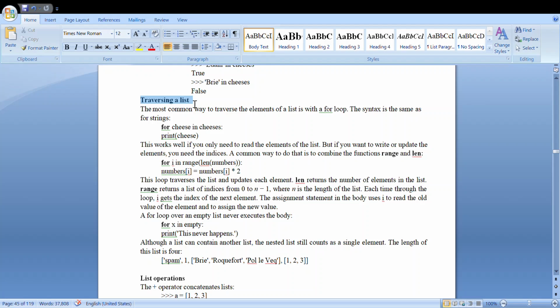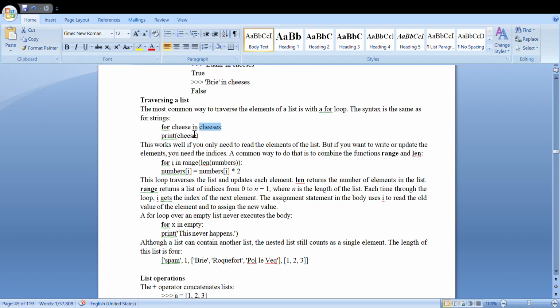Generally any traversing will happen with the help of a looping construct. With the help of a for loop you can traverse across a list, and this is the syntax. For is the keyword, and here cheese and cheeses are specified.